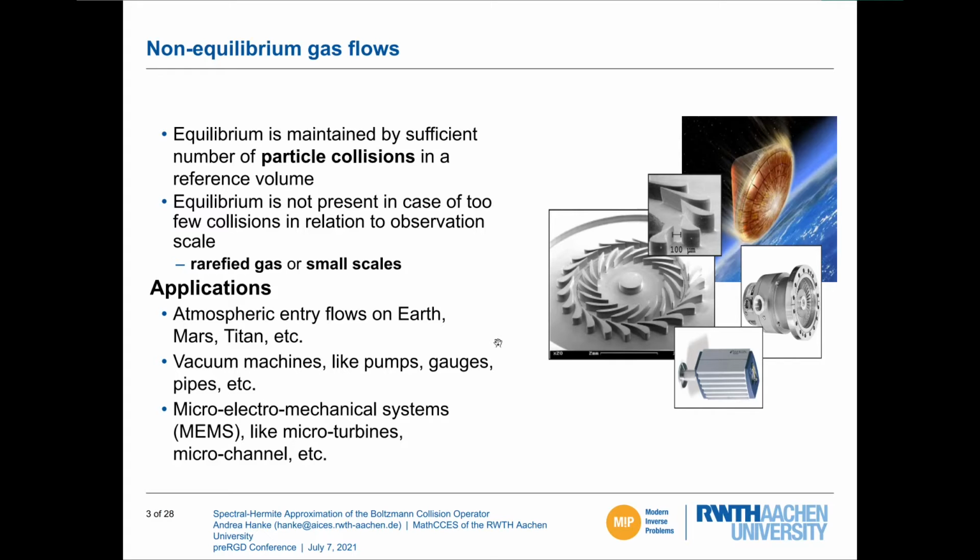And this leads to the applications of the methods that you can develop for non-equilibrium gas flows. These include things like atmospheric entry flows on Earth, Mars, or Titan. We can also have things like vacuum machines and micro-electromechanical systems, which deal with a small scale of the non-equilibrium